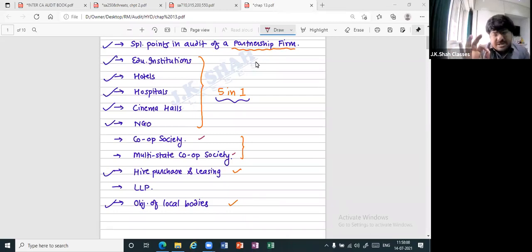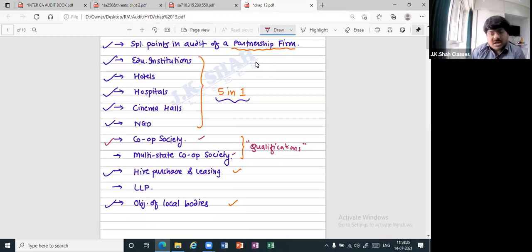Now, most important in this too is to know the qualifications. Although there are other things also that we will see. But the most important, if you ask me, is qualifications. Now, firstly, talking about the qualifications of a cooperative society auditor. Can you tell me what should be the qualification? Correct. Can I say chartered accountant? Chartered accountant? Practicing. Agreed? Okay.